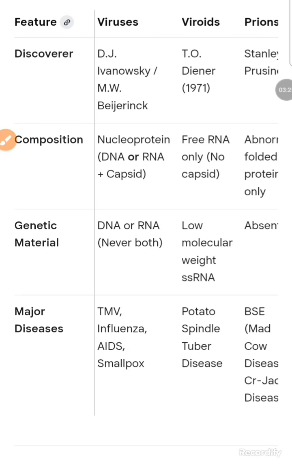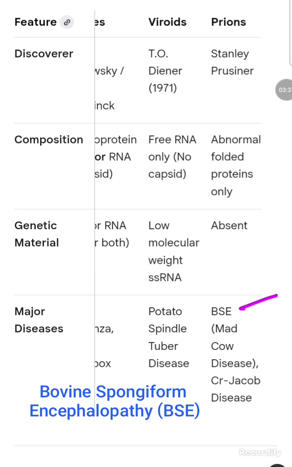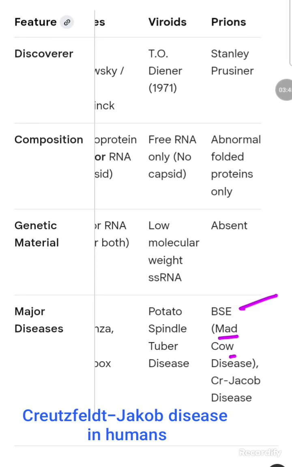Viroids cause diseases like potato spindle tuber disease, and prions cause a disease called BSE, bovine spongiform encephalopathy, which is also known as mad cow disease. Humans also can be affected, especially with neurological disorders, and the name is Creutzfeldt-Jakob disease, which is also known as Creutzfeldt-Jakob